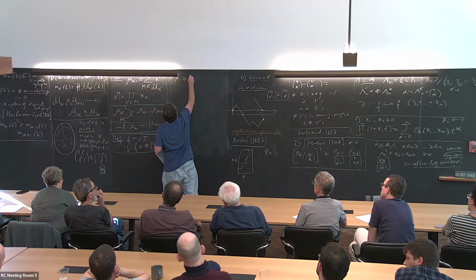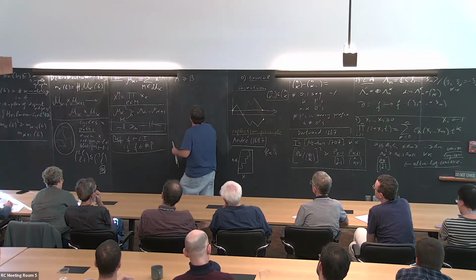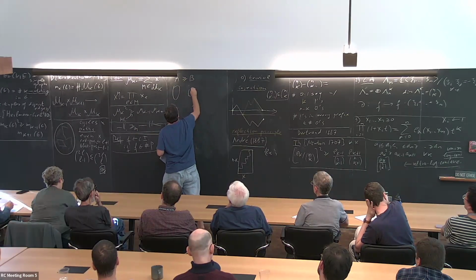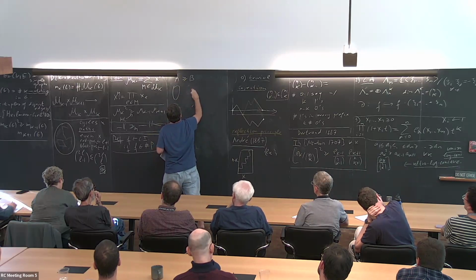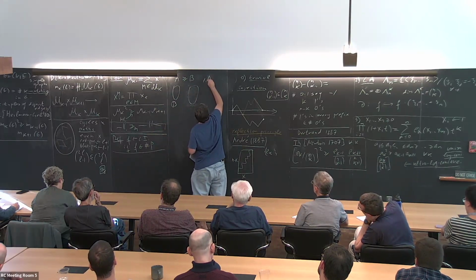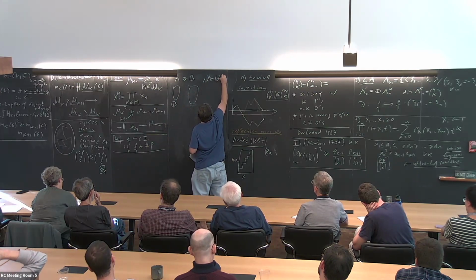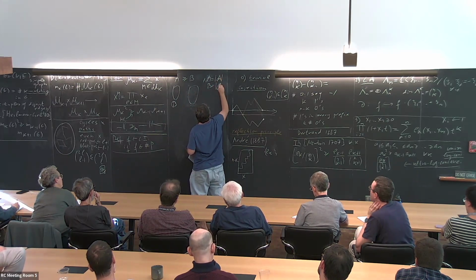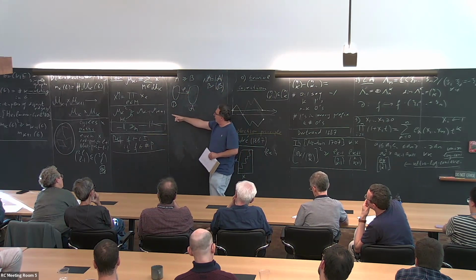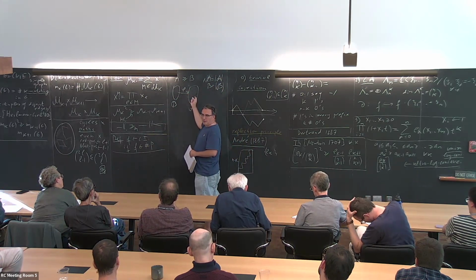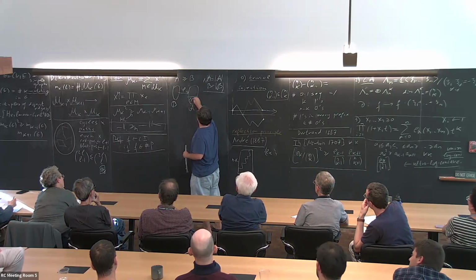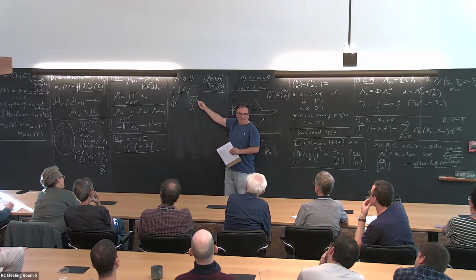So let me go back to this inequality. Suppose this is B. So A is the size of curve A, B is the size of curve B, and this is curve A. The way a combinatorialist thinks, the way I described it here, is that you have an injection from A into B. If you have an injection, then you can say that everything that's not in the image of the injection is what counts the difference.